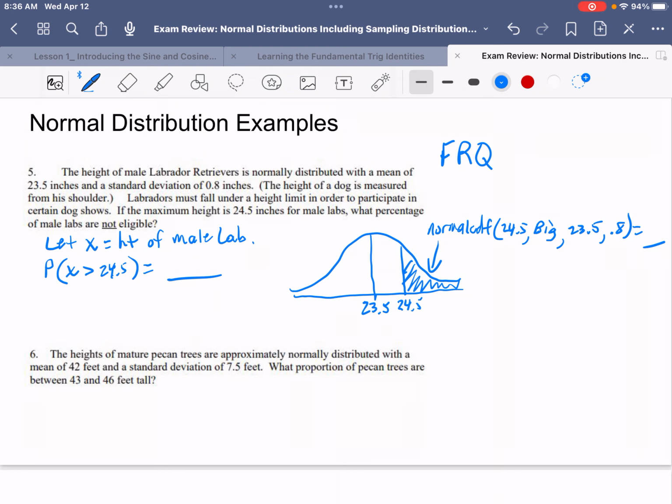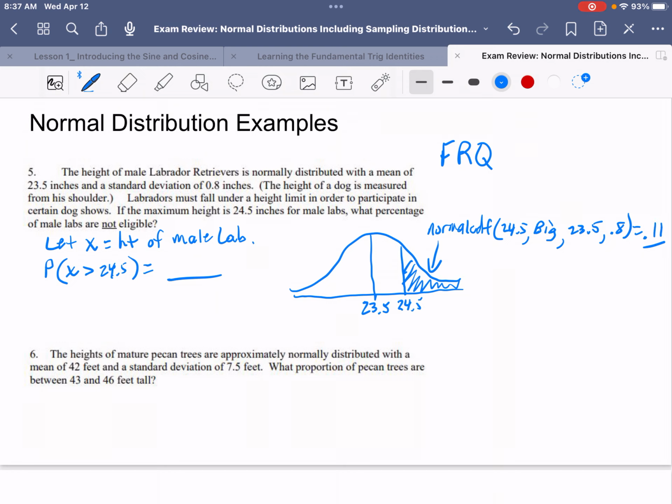Okay, now I'm not going to take any time to review that, but I'm going to take a minute to punch this in and get the answer and keep talking about what you should be showing. So let's see, I've got normal CDF up. I'm typing in 24.5 lower bound, some huge number for upper bound, 23.5, and 0.8 for the standard deviation. I'm saying okay. Calculator tells me that that rounds to